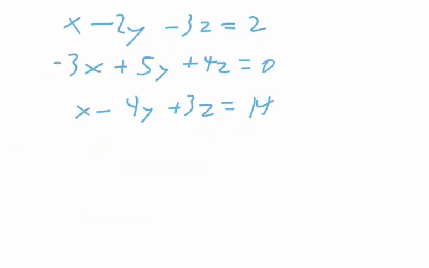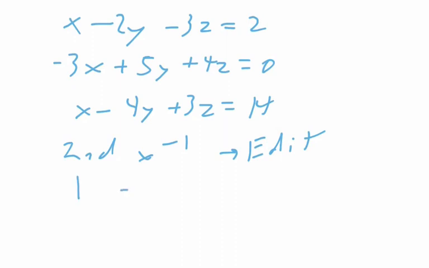Alright, so we have 3 equations with 3 unknowns here. And so what you want to do is hit second, negative 1, to get to your matrix menu. And then you want to go over to the edit section, and in your first row you want to have